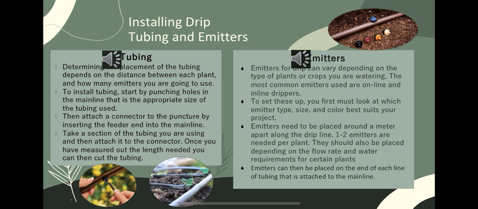1 to 2 emitters are needed per plant and should be placed depending on the flow rate and water requirement for certain plants. They can then be placed on the end of each line of tubing that is attached to the main line. To install drip tube,